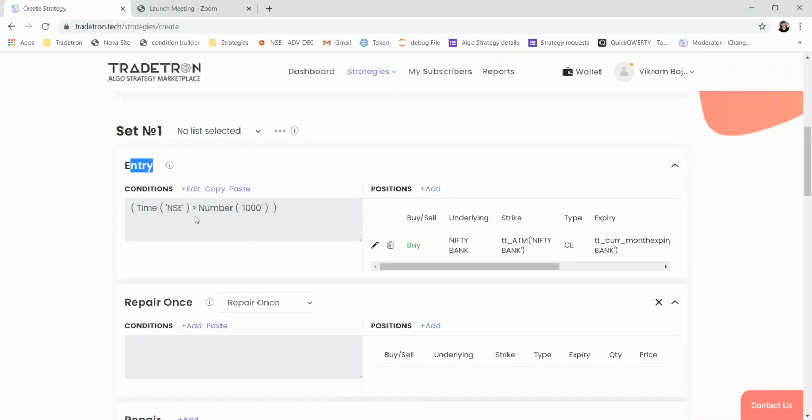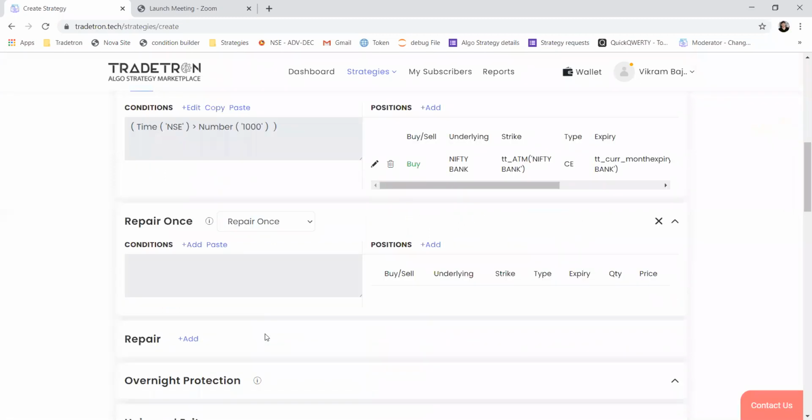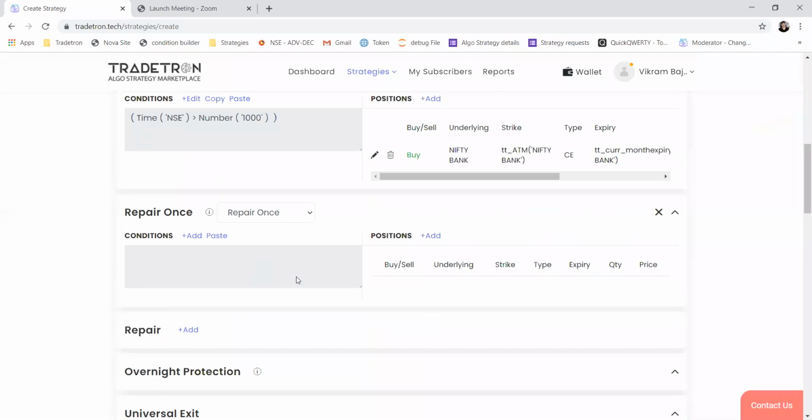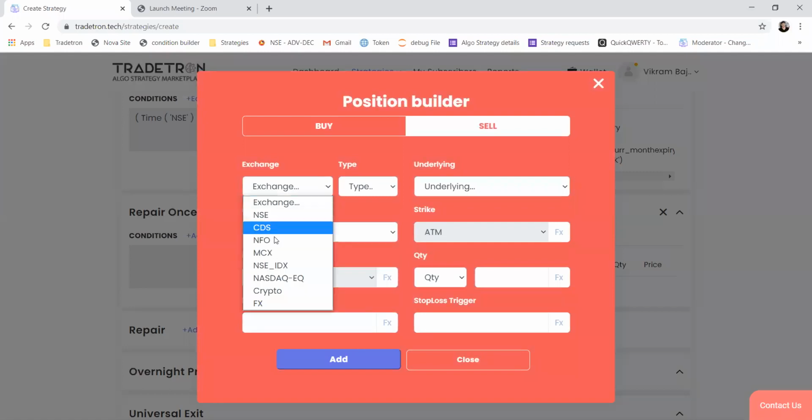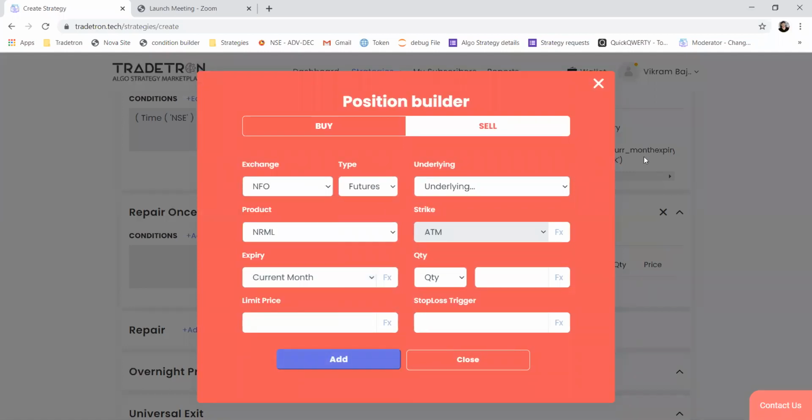As soon as the entry condition is found to be true, first this leg will be executed, then it will come to repair once. In this repair once, we won't keep any condition. We'll simply put the sell order. We can also put both the legs in the same section of positions, but then we don't have any control over what will be executed first.